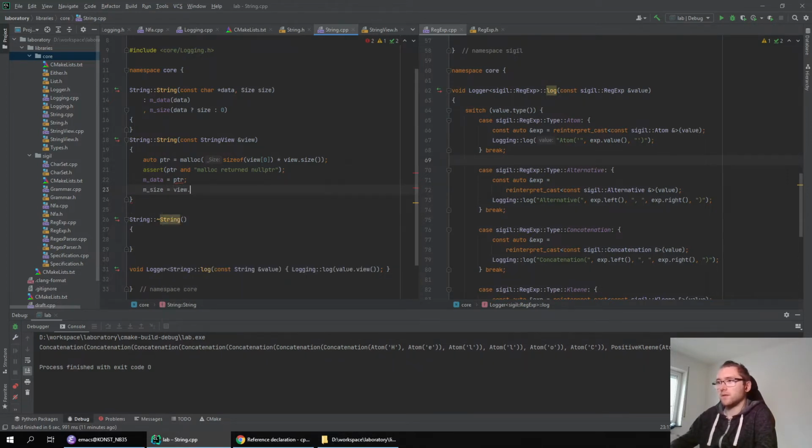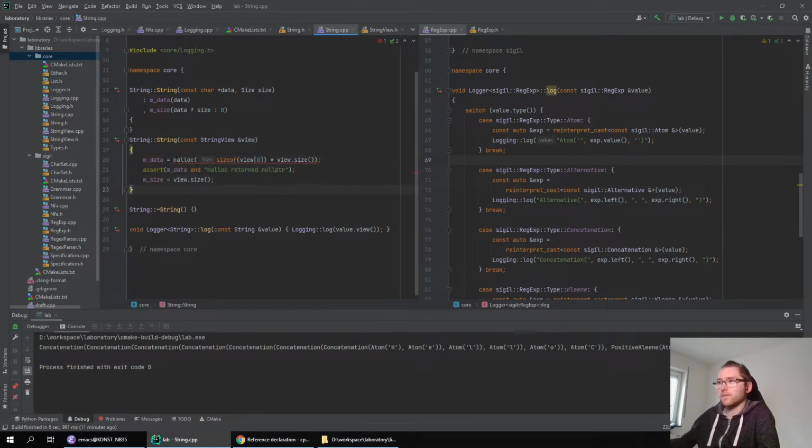Our size is view.size. What if we skip this variable? Can't it just implicitly cast in the